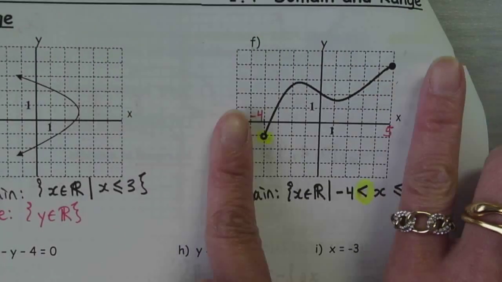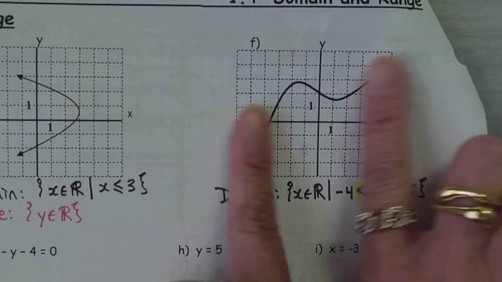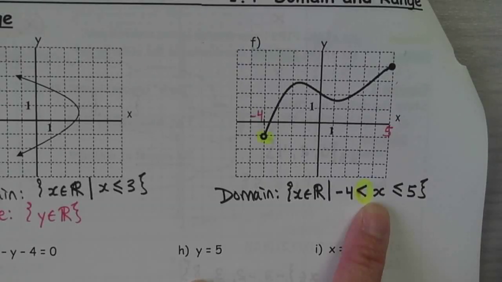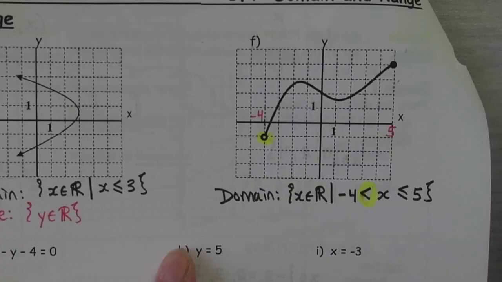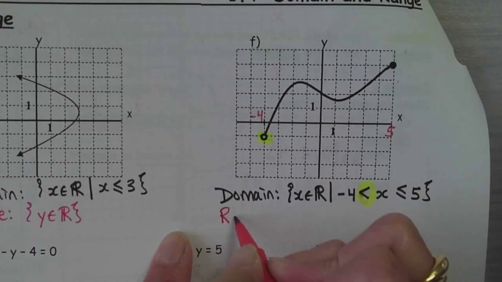So you're telling me that the graph is in between -4 and 5. In between those two numbers. So that's why your x is in between the two numbers. I always picture it like that. For my range,